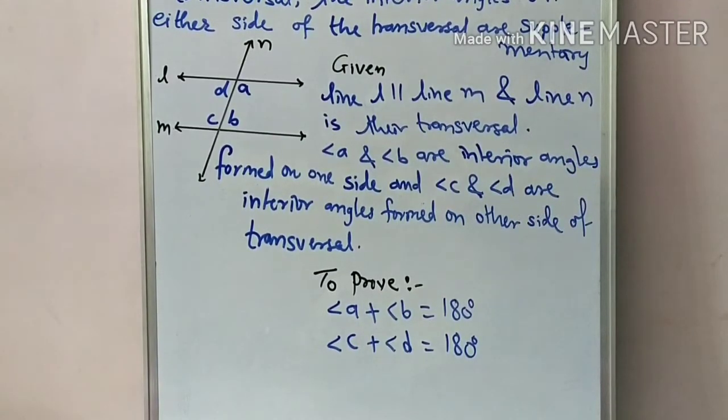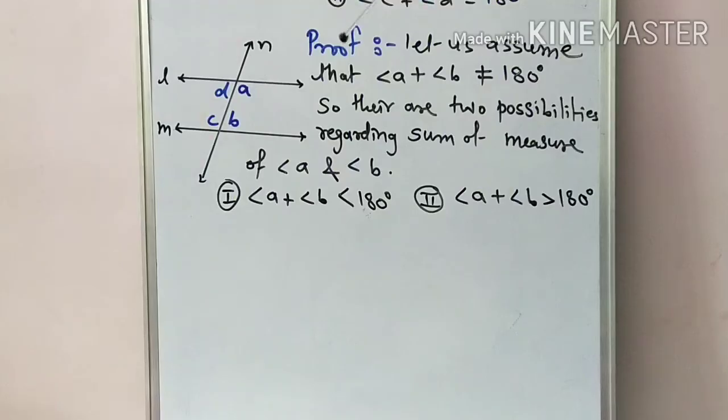Okay, so pay attention over here. Here we try to prove that angle A plus angle B is equal to what? 180, but actually we solve it by what? Indirect method. And here let us assume that angle A plus angle B is not equal to 180. That the sum of the two angles is not equal to 180 means we have two possibilities: angle A plus angle B is less than 180 degrees, or angle A plus angle B is greater than 180 degrees. Getting this?